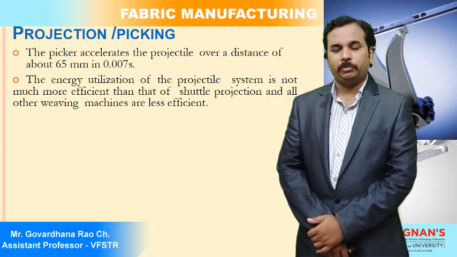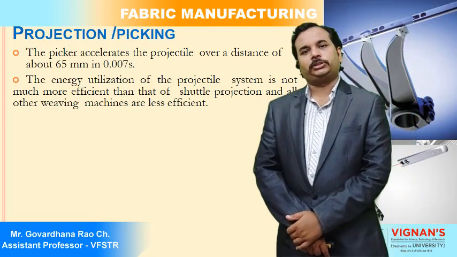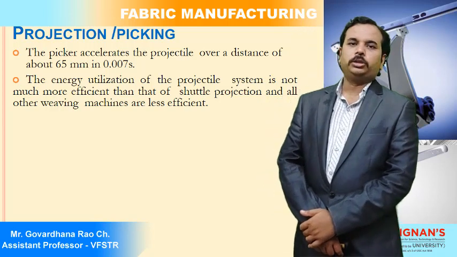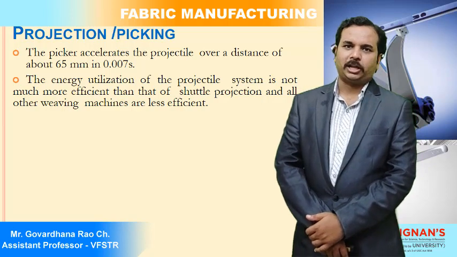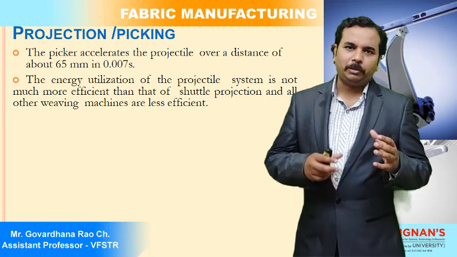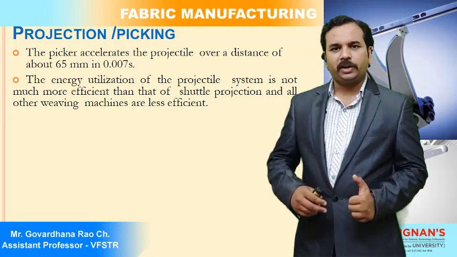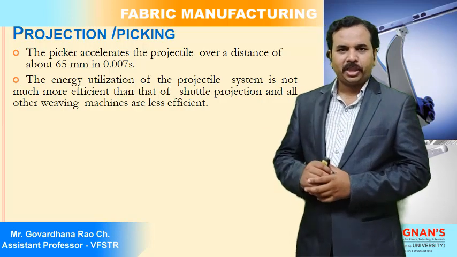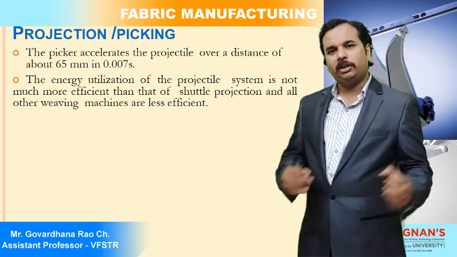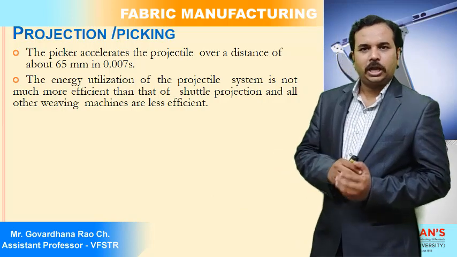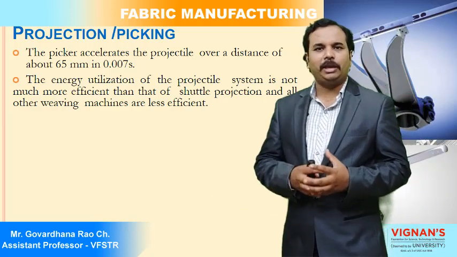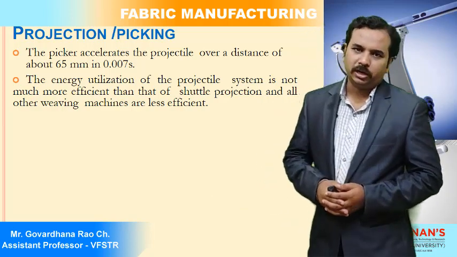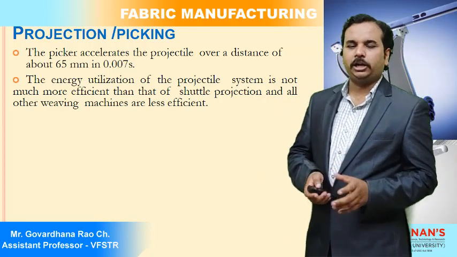What is the time available? It is the time for the projectile to go from the receiving side to the picking side, for projectile feeding, picking, and transferring from one side to the other side, checking, and the projectile coming back to its original position. To complete one cycle, the time available for one picking we can calculate by this.